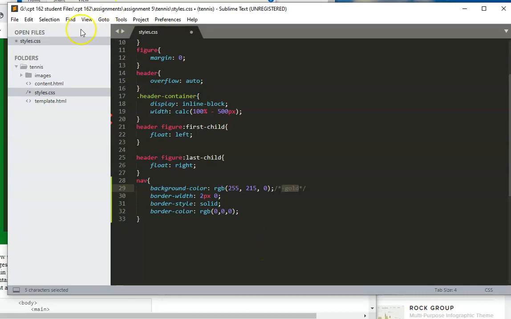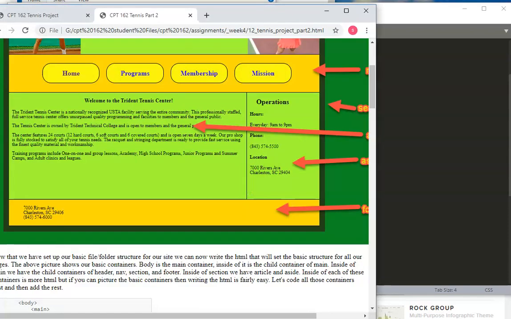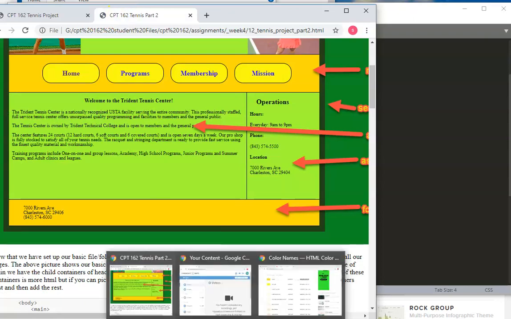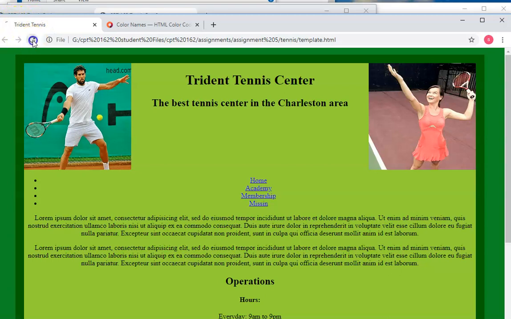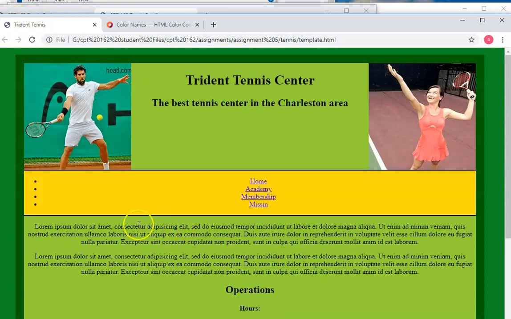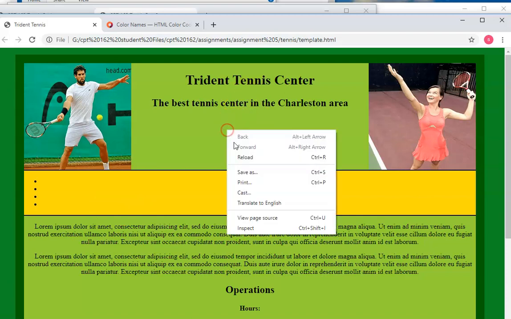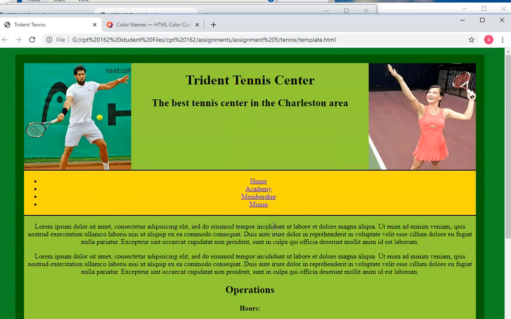All right, so let's do a file, save all, and see what's going on. Whoop, not that one. Not that one. I got enough windows open here. It's back with color codes. And then refresh, and you can see now it's that gold color. We notice we have some bullets here. We also have some issues. If I right mouse click and then inspect,